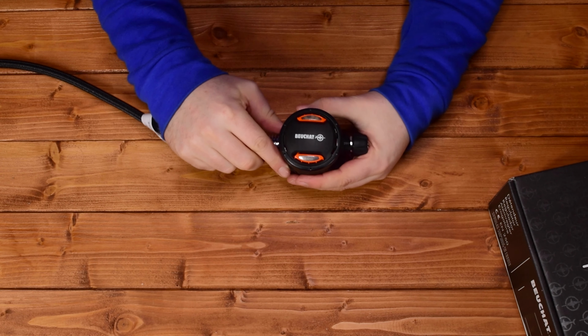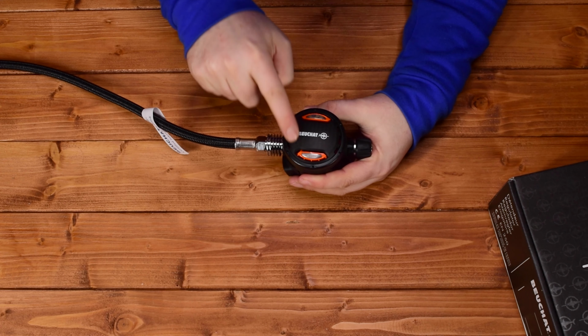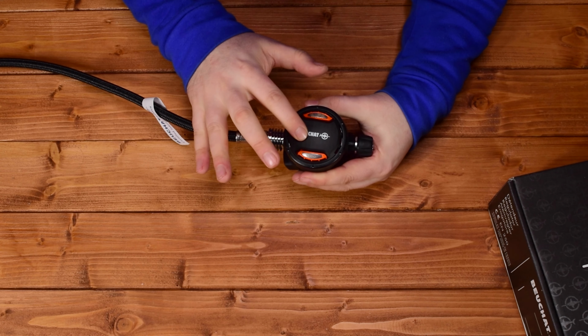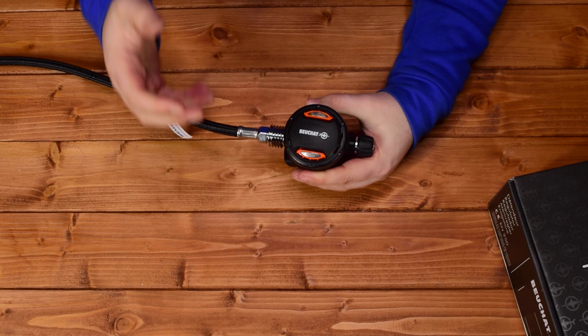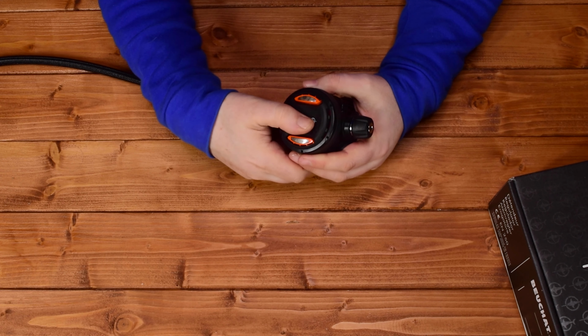Purge button on the front, you've got sort of detailing on the front which is pretty funky, and most of this black section is flexible, so that's your purge button. It does feel like there's something solid underneath it. It's not quite as soft and flexible as some other purge buttons, but it does have a decent amount of give in it, so even if you've got big clunky gloves, you'll be able to find that and